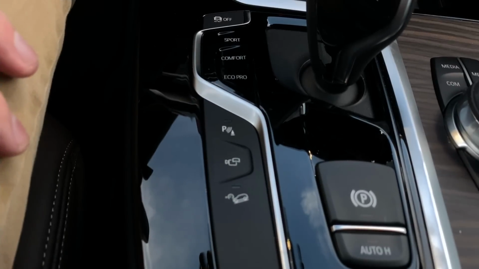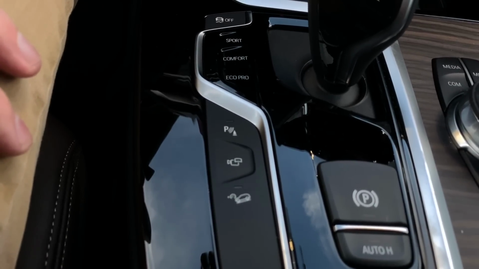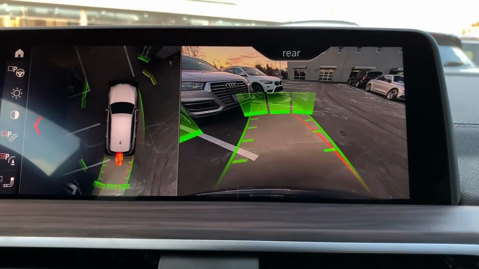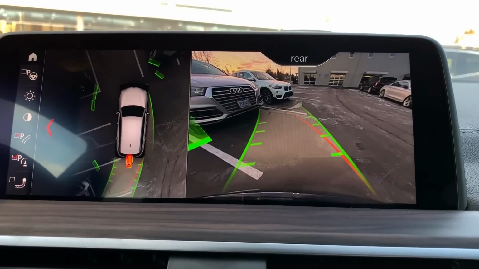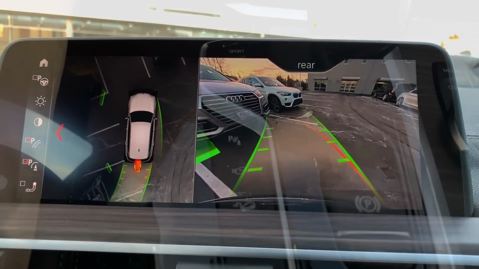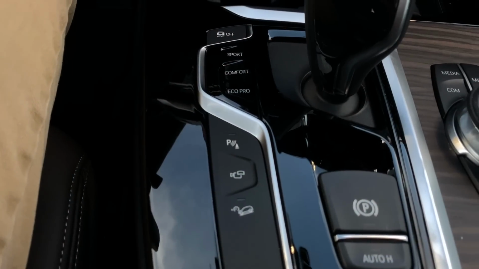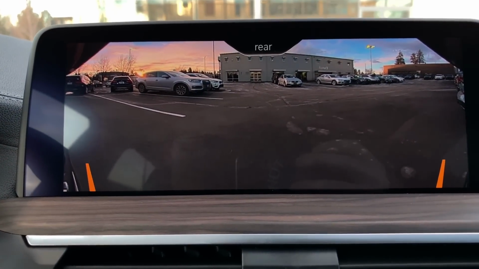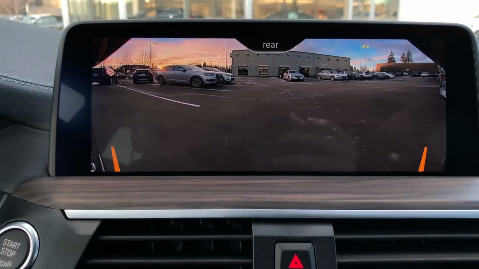Alright guys, today I want to talk about cameras. The car that I'm in is a 2019 BMW X3 M40i. So many cars in the lineup have these camera systems available. Depending on the model and the model year, some of the functionality might be different. I'll try to point out nuances where it could potentially be different, but in this car, right here in the